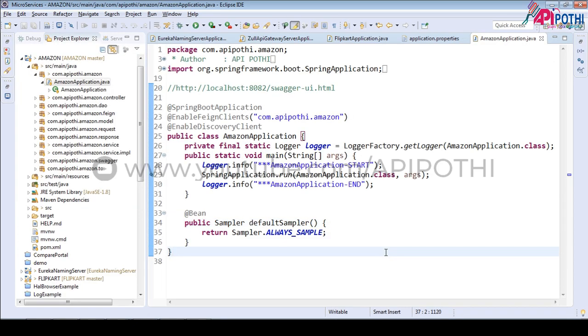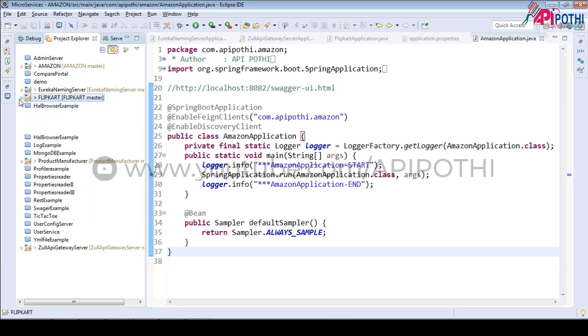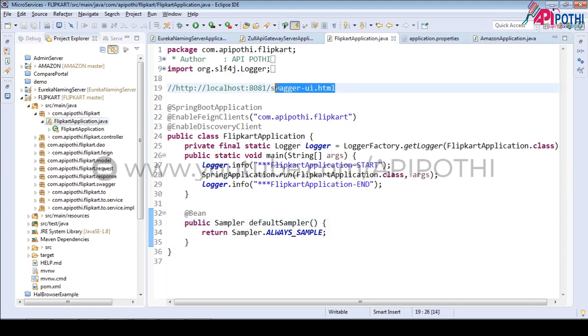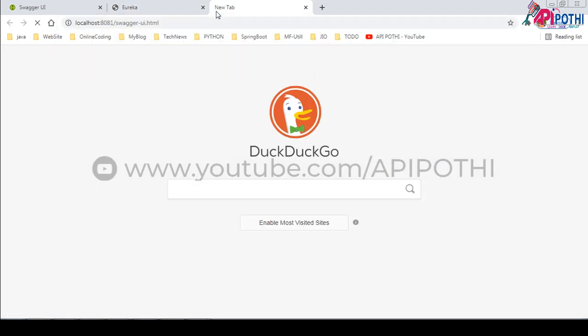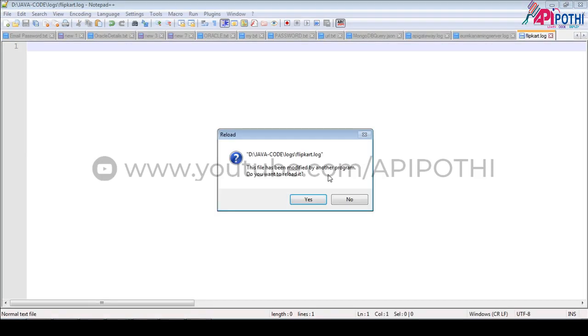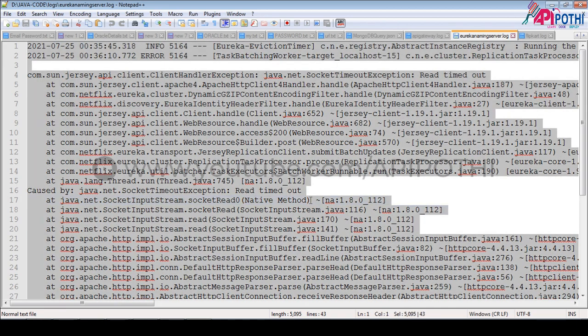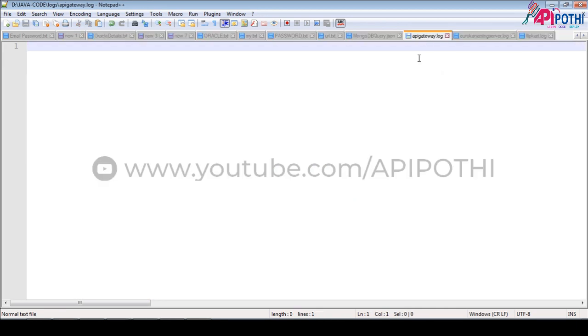Now what we will do is hit the same services through Swagger. So first we will open our Flipkart services. We will get the Swagger URL, which is this one. We will copy this one, come here, paste it. Okay. I already have opened the logs also for all the applications.